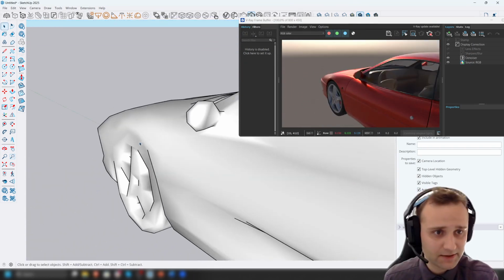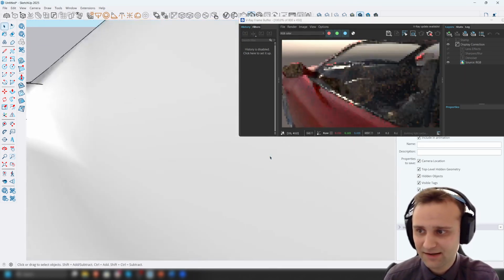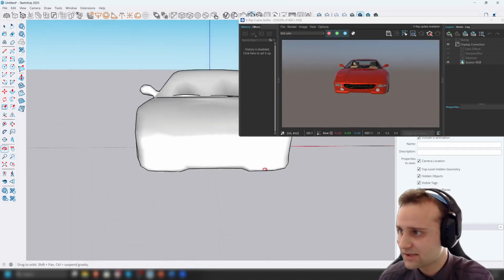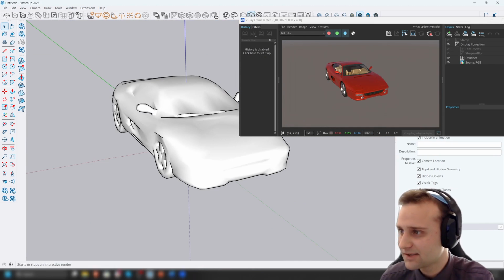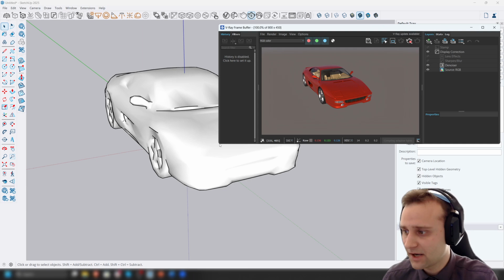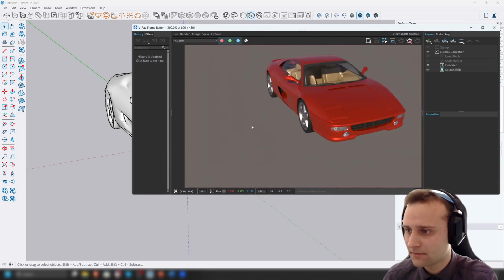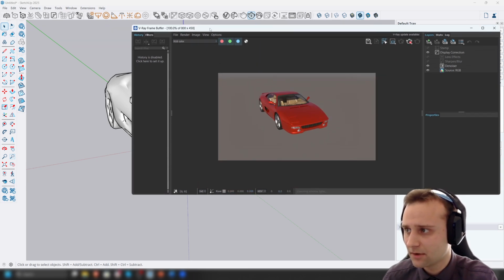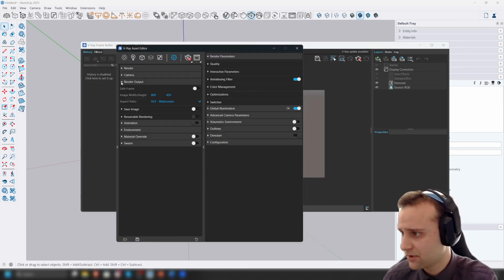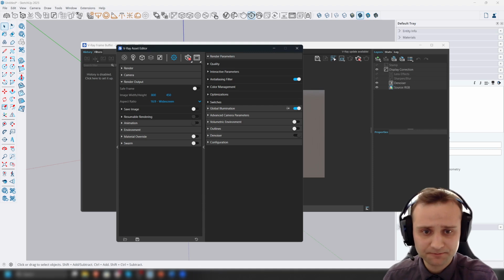And you can see it's quite detailed. If you go even inside the car, you can see it has tons of details. So Chaos worked pretty hard on these libraries and they are updating them all the time. And these interactive renders also use the resolution that you set up here. So if you go to render output, this resolution here,